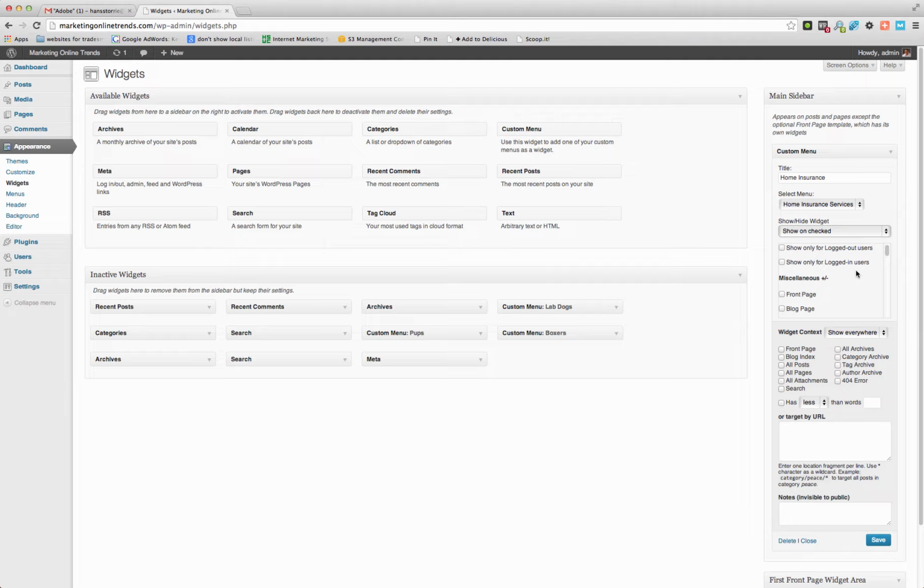Then you want to scroll down and find the pages that you want this to appear on. So this is going to be on home insurance services. There's 3 sub-silos, remember, so home and buildings insurance, mortgage protection insurance, and there was one more that I'd done in that silo, self-employed insurance, home insurance service, home and buildings insurance, cheap home contents insurance. There we go. Okay, so that's 4 pages, the main silo and the 3 sub silos, and that's all we do. We click save,